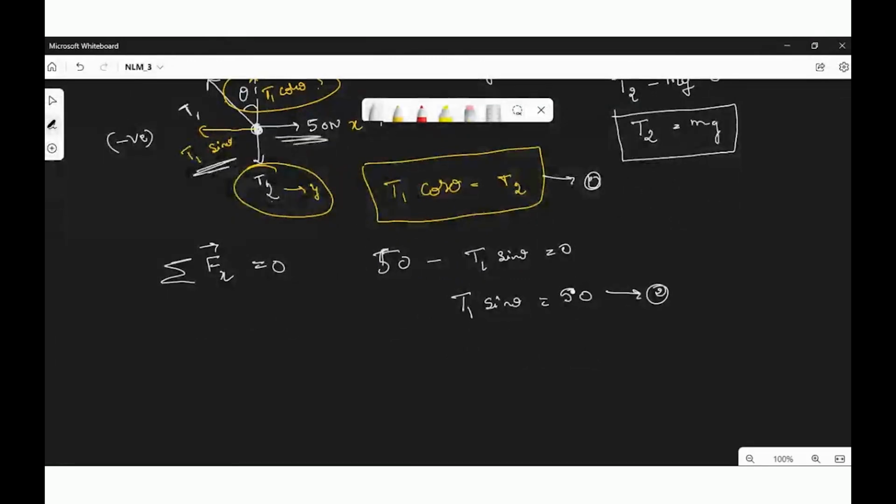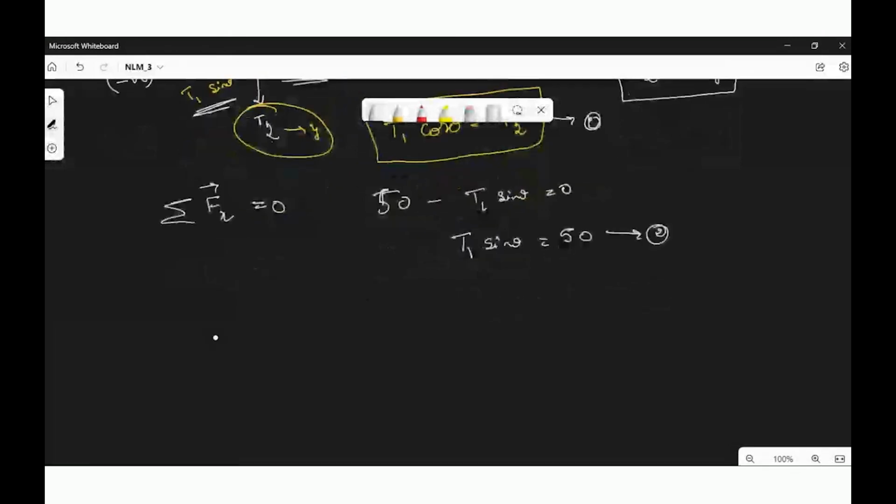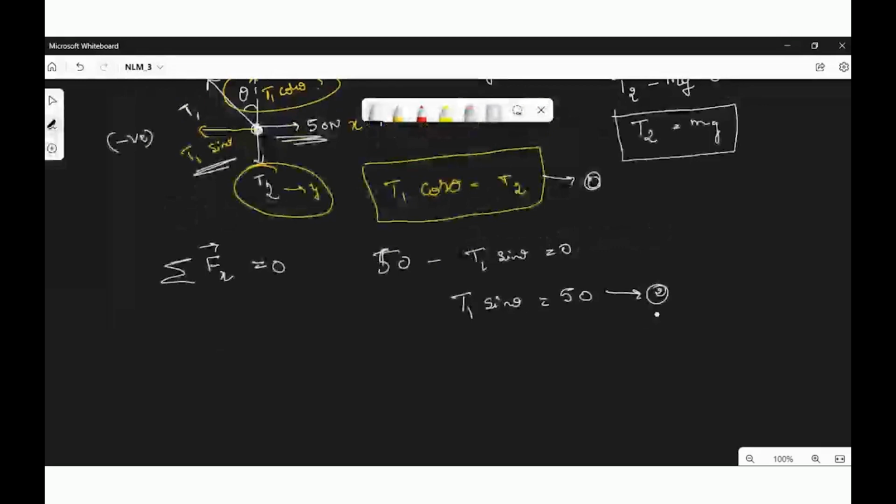Now T2 value we know already, M into G. But we don't know what is T1. Because we want theta, they are not asking you T1. That can also be found later by substituting theta. So what we will do is 2 by 1, equation 2 divided by equation 1. T1 will go away. Sin theta by cos theta will give you tan theta equals 50